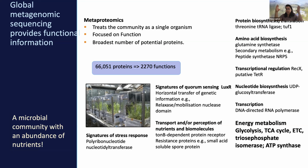I use KEGG pathways to orient everything. So all of my glycolytic proteins, there might be 50 of them, they're all just a representative of one. I'm focused on function and I have the broadest number of potential proteins. And so in this collapsing, I took 66,000 proteins and I collapsed it into what I'm calling 2,200 functions. And what I see is a lot